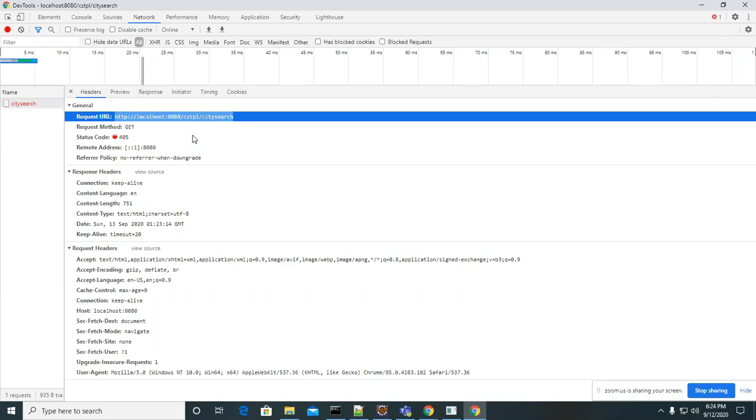Now from the request object, the server will pick the URL. What is the URL, guys? We are using slash city search. With that URL, it will check whether any servlet class is mapped or not.